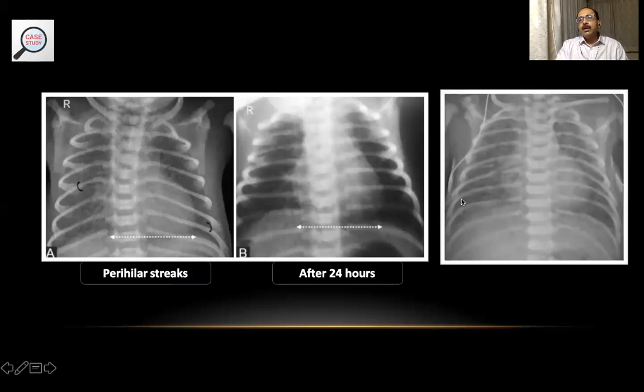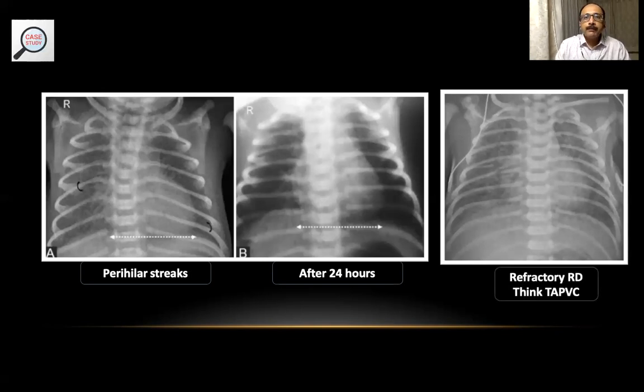Now look at this baby. What started as respiratory distress in this baby with prominent bilateral hilar vascularity, you find that the baby continues to have respiratory distress which is worsening. So what started as TTNB seems to have deteriorated, and in fact the baby starts becoming more and more hypoxic. You find that there is no cardiomegaly, there is no predominantly lung pathology, and you also find that there is no murmur. At this stage, you do a 2D echo, and time and again, when you have obstructed TAPVC,